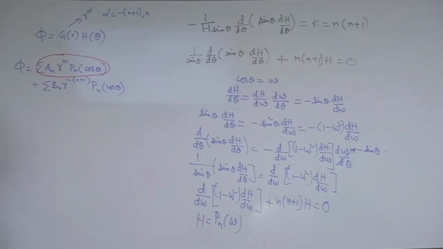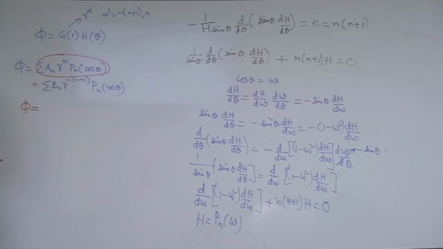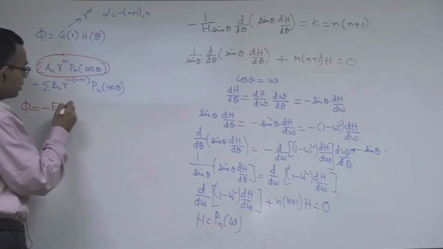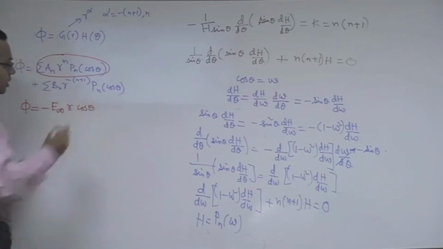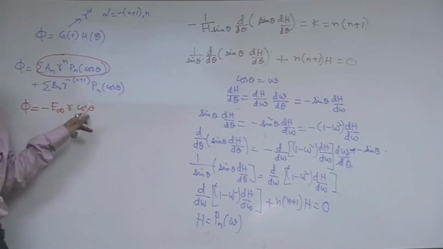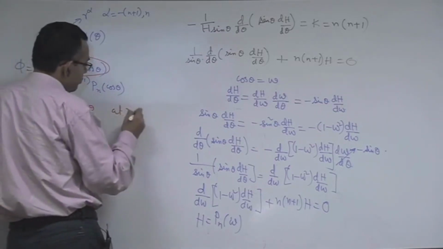So, at r tends to infinity, what is phi? Phi infinity is minus E infinity into r cos theta, right, because r cos theta is x. Ex is equal to minus del phi del x. So, phi is equal to minus E into x, x is r cos theta, okay. So, this is at r tends to infinity, far stream,